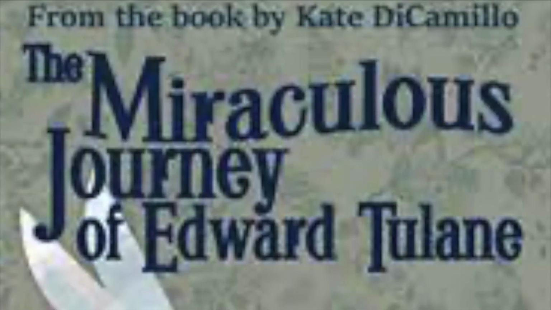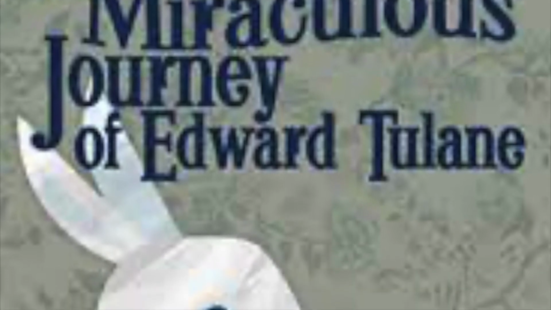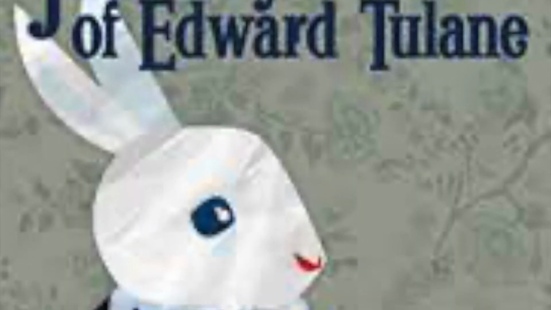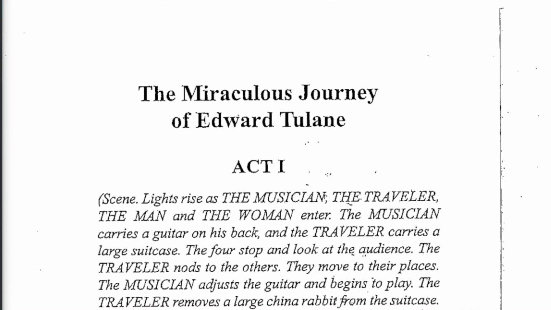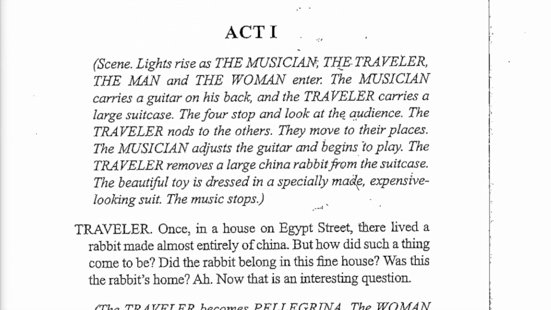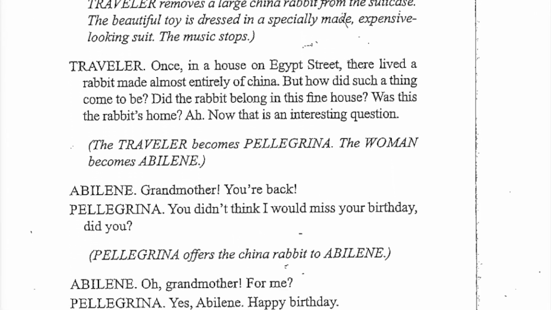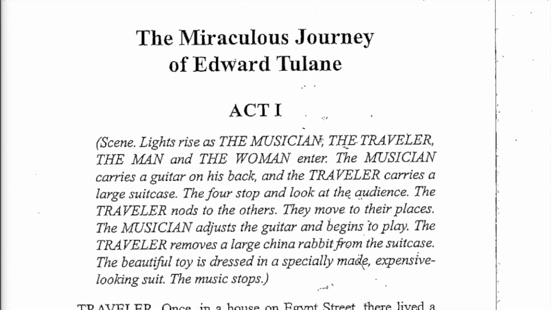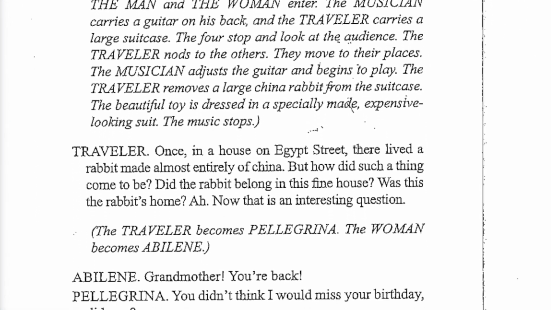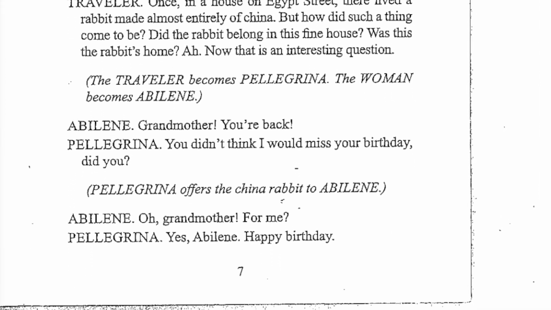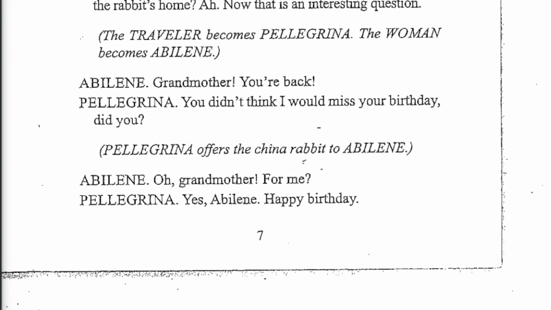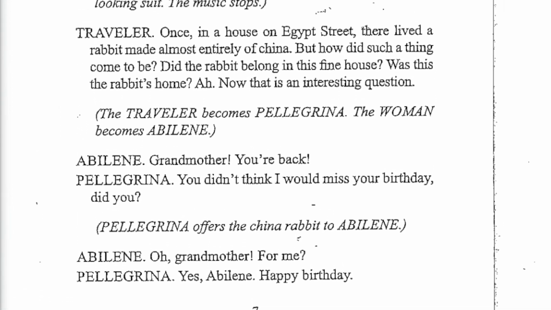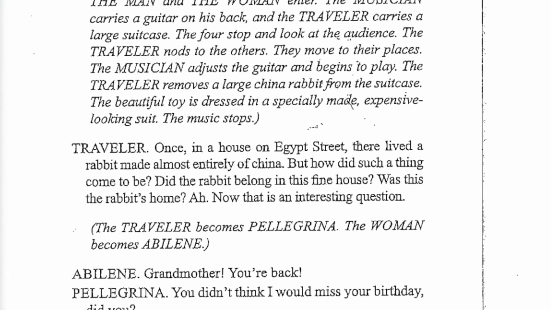Now that we've had a chance to learn a little bit about the similarities and differences between a script and a chapter book, let's dive in and closely examine The Miraculous Journey of Edward Tulane. Right away, when I take a look at the very first page of the script, a few things stand out to me and I want to share that with you. I'm seeing lots of names in all capital letters. That's an indication of the characters that are going to be present in this part of the scene of Act 1.